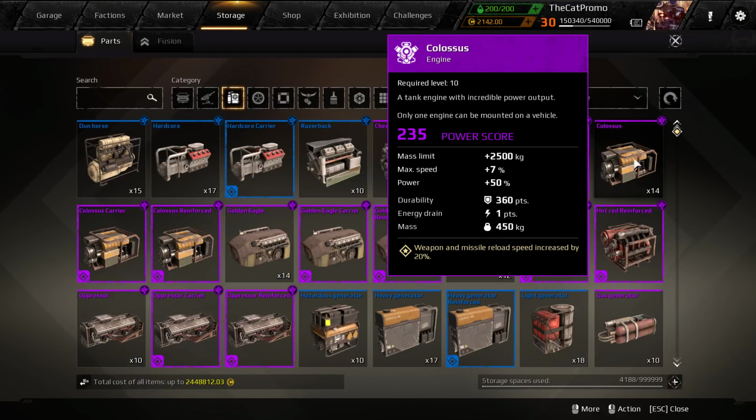Although to be honest, if they do it right, give the engines enough energy cost etc., I don't even think it would be super bad to let the epic abilities just stack. Although with the Colossus, if it's reload speed by 20%, it means that we'll have 120% reload speed instead of